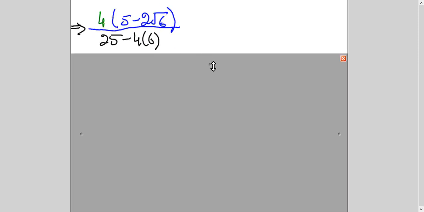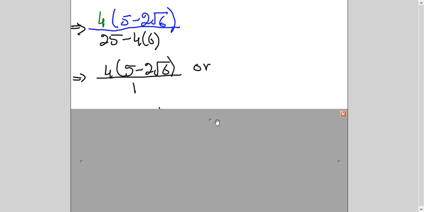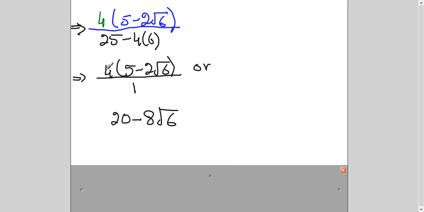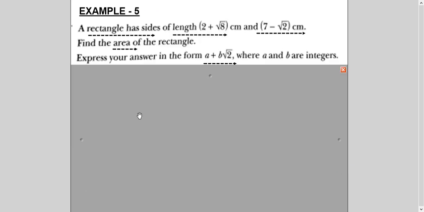So now, like I said, in the first few examples, I have shown in detail everything. So now I'm just giving you exposure of different types of questions. So you can put it on pause if you want to practice it, right? So now after this, 25 minus 24 is 1. So finish. You can leave this question here as it is, simply factorized form or expanded form.